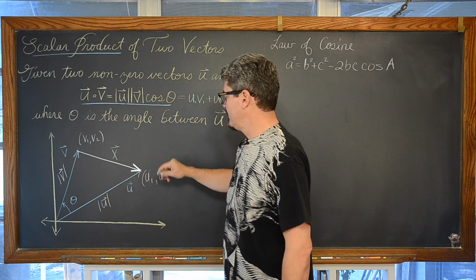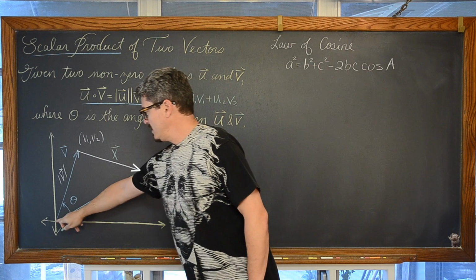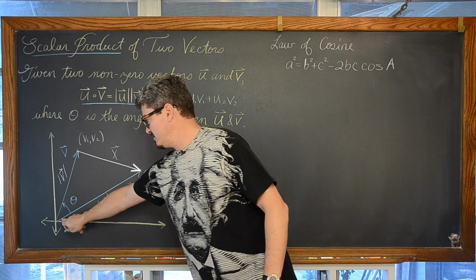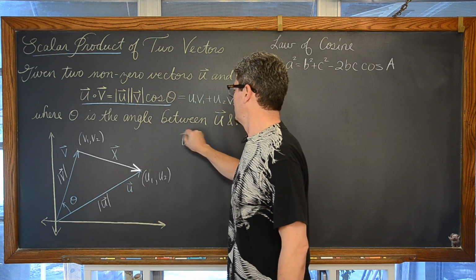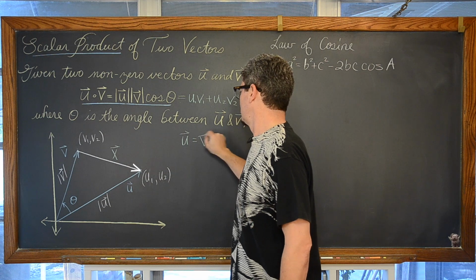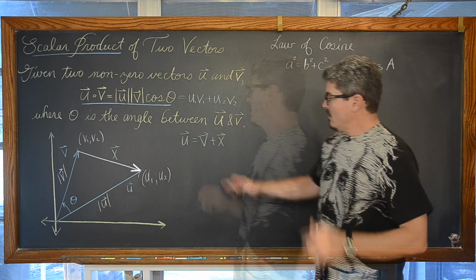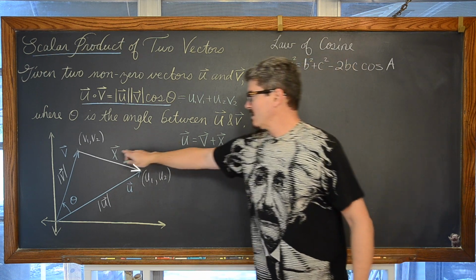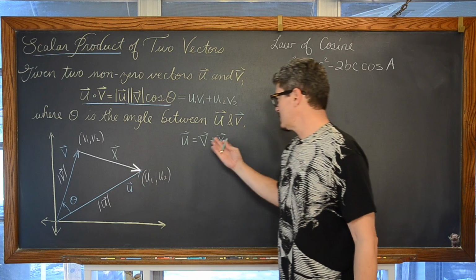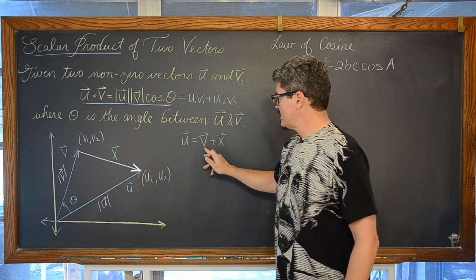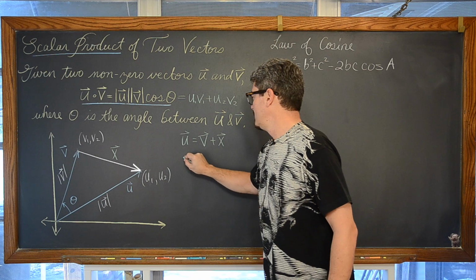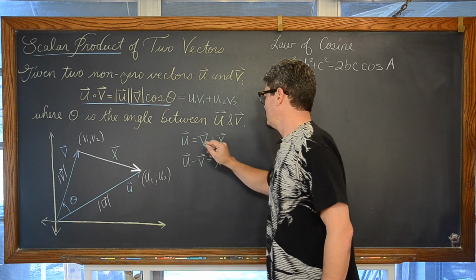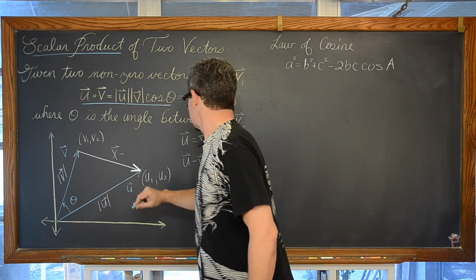Vector u is the resultant vector of thinking about that triangular method of adding vectors. Vector v plus vector x is going to be equal to vector u. Well, okay, vector u is equal to vector v plus vector x. Now I want to write this in terms of vector v and vector u, so I'm just going to simply subtract both sides by this notation of vector v, and vector u minus vector v is equal to vector x. Okay, we're getting somewhere.